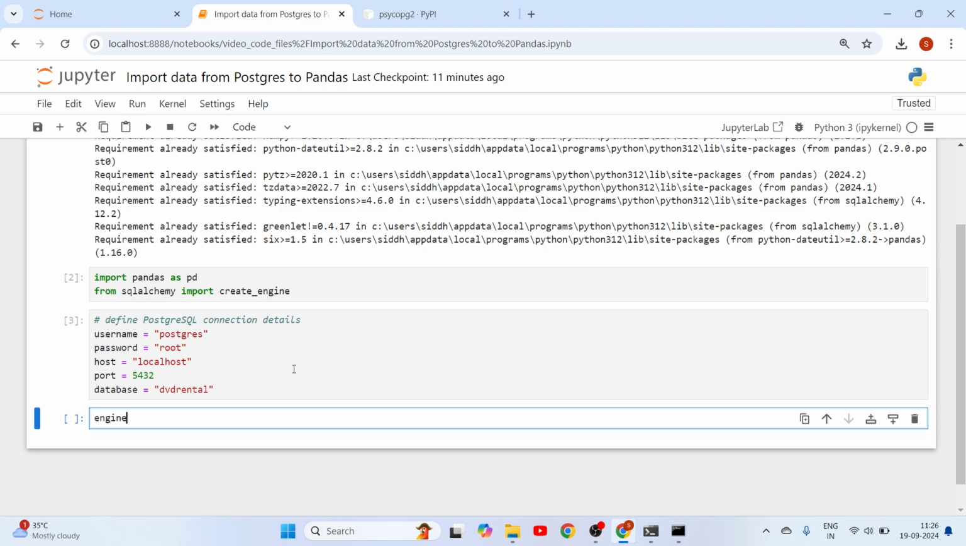So I'll say engine is equal to create engine that we have imported from SQLAlchemy. And within this, we can use this substitution connection string. So put an F here. We are going to substitute this username and other details value. So say postgresql colon double forward slash, and within curly braces. So when you use an F and put a string here, if you put curly braces, the content will be replaced. So I'll say username